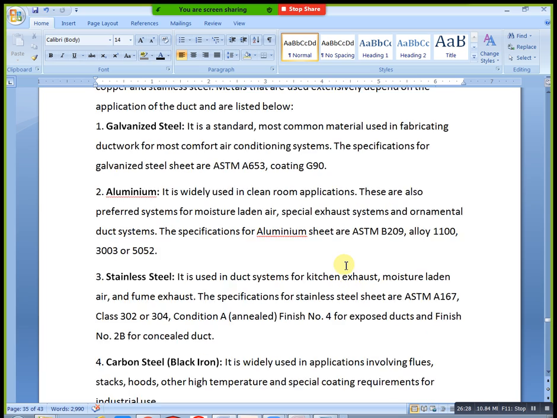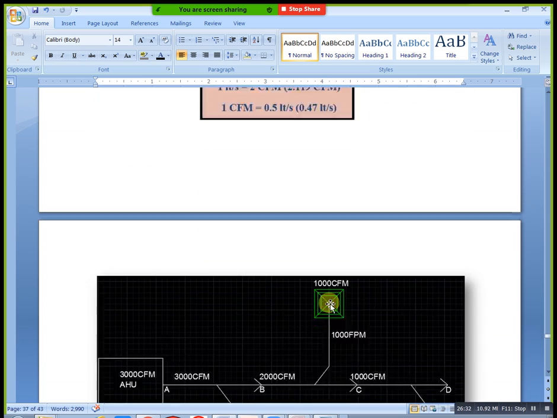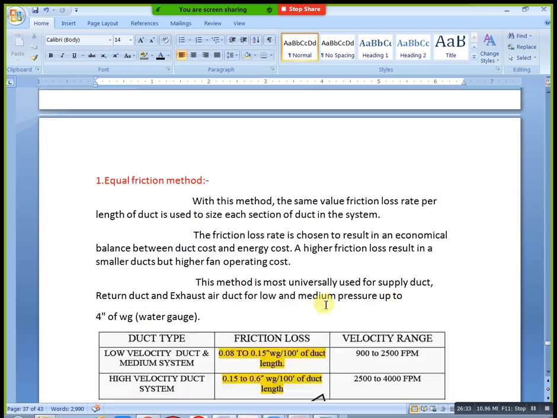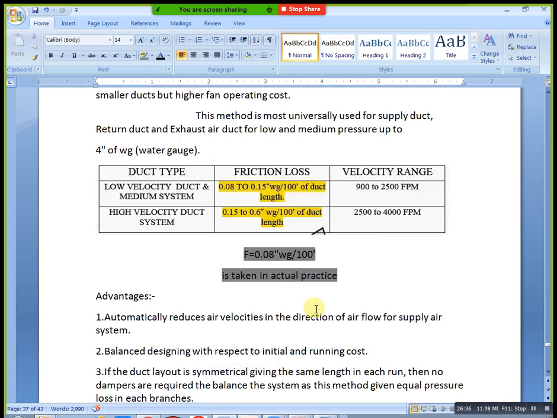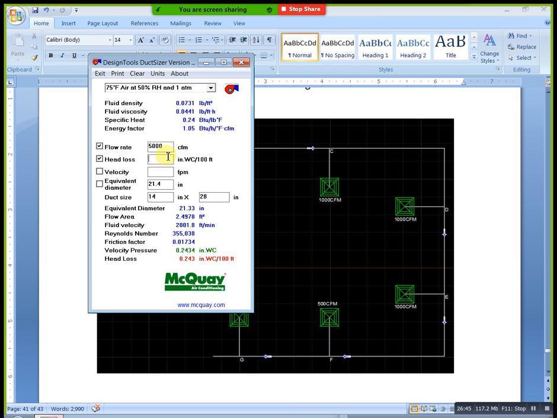This is 1000, this is 1000, this is 1000, this is 1000, no? I will go to the Mecha Aquagest. In this condition, up to 5000, the first one is okay. I will take the second one, 4000. Can you write this duct size? Can you write this FEM and duct size? How much is the duct size? 14 inch height and 38, meaning width 38 inch and 14 inch height.